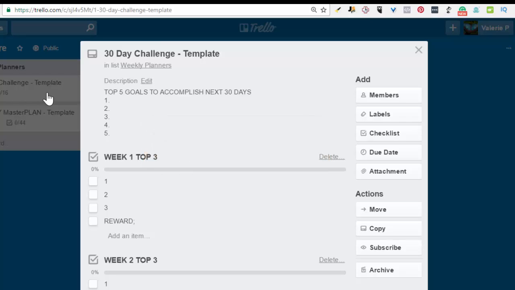So the first piece of this planner is the 30-day planner. And the whole idea is we make goals and plans, and then at the end of the year, what happened, we didn't get to it. So the purpose of this 30-day, in this case it's called a challenge or planner, is to take a look